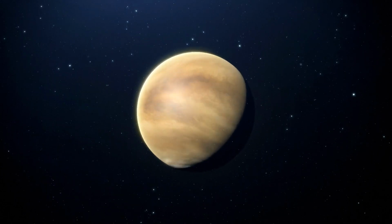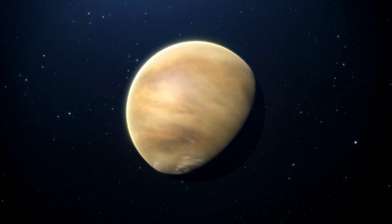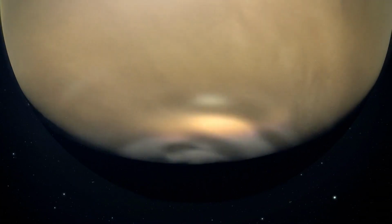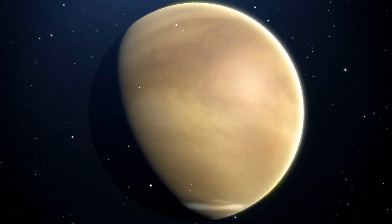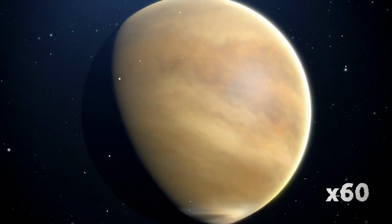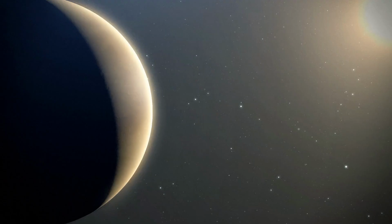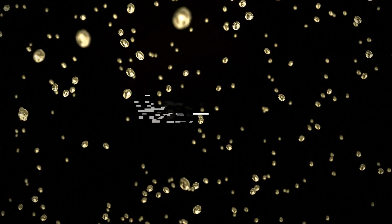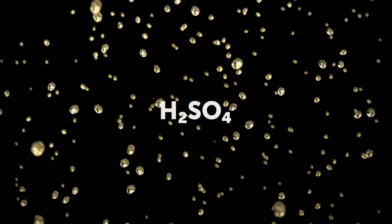Venus has a giant storm swirling in the atmosphere at its south pole. The vortex is as big as the entirety of Europe, and it's probably been there for a very long time. The atmosphere on Venus moves 60 times faster than the planet rotates. Venus is the hottest planet in our solar system. Even the rain there offers no relief, since it's sulfuric acid falling from clouds and evaporating before it even gets